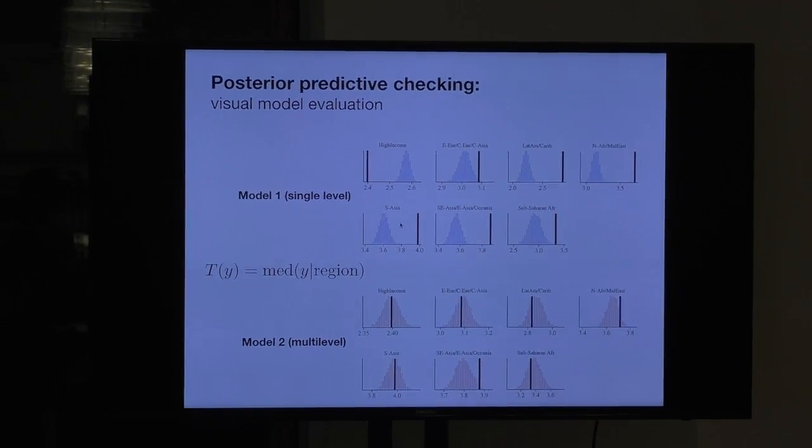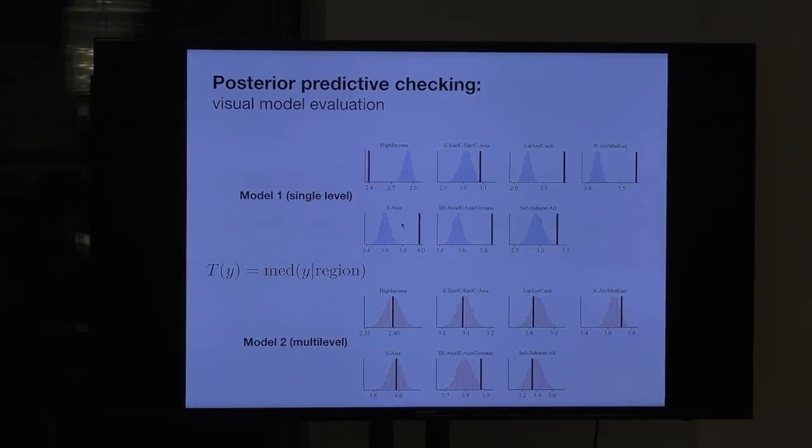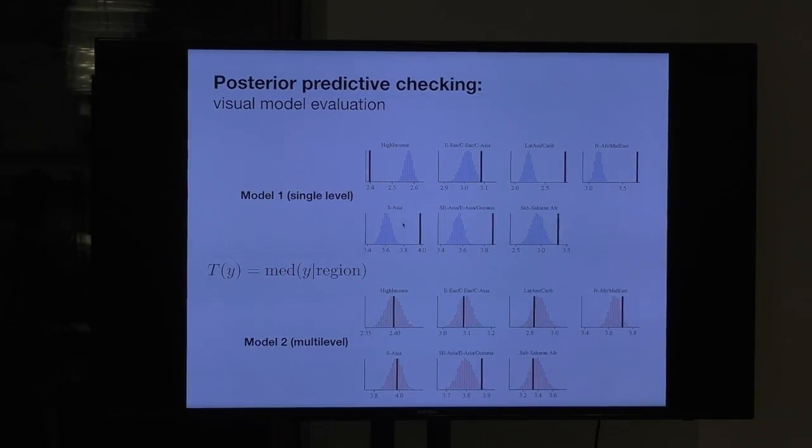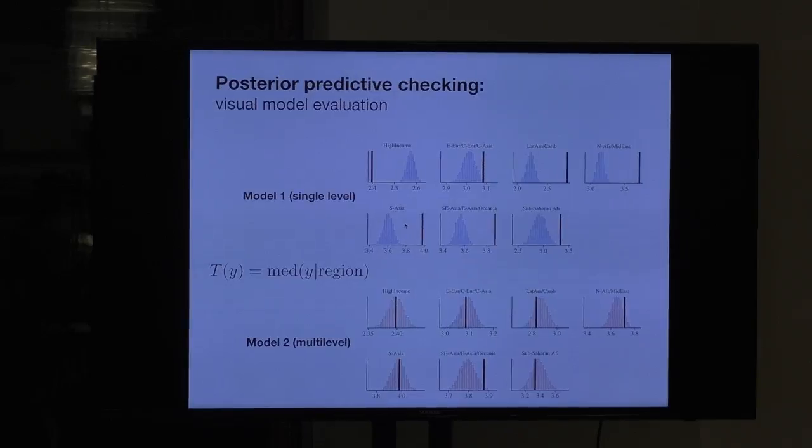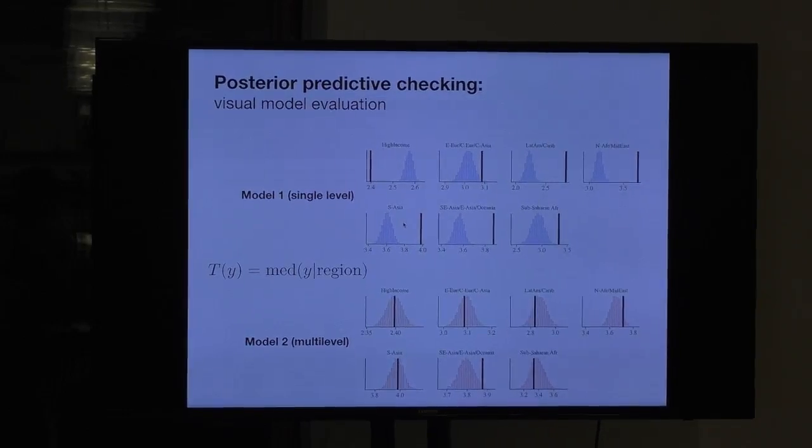You might care, I don't know, how extreme the predictions are that I tend to get, if you're working in some area where you care about what percentage of the time am I getting an observation bigger than some value or something like that. Any function that you pass a vector of observations and that returns a single number can be used in this case. So you can calculate mean, standard deviations, variances, skewness, whatever, you make up some arbitrary thing, whatever you care about, you can look at its value over all of the simulations in your